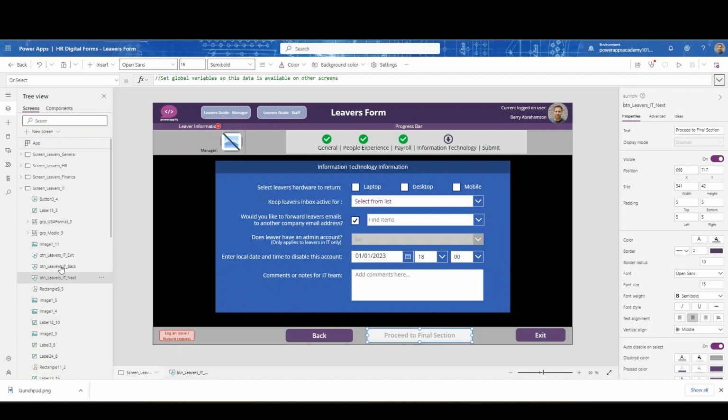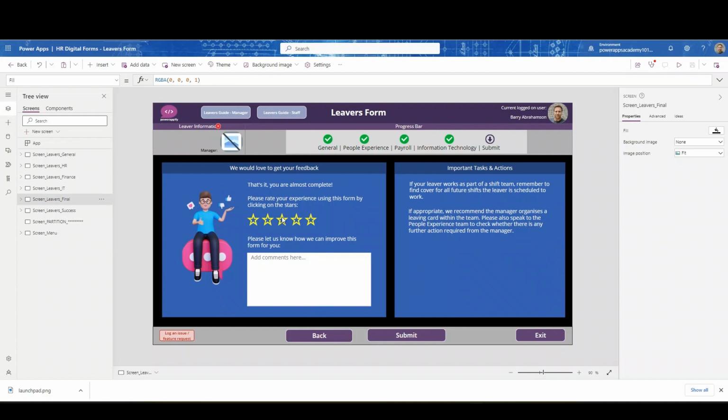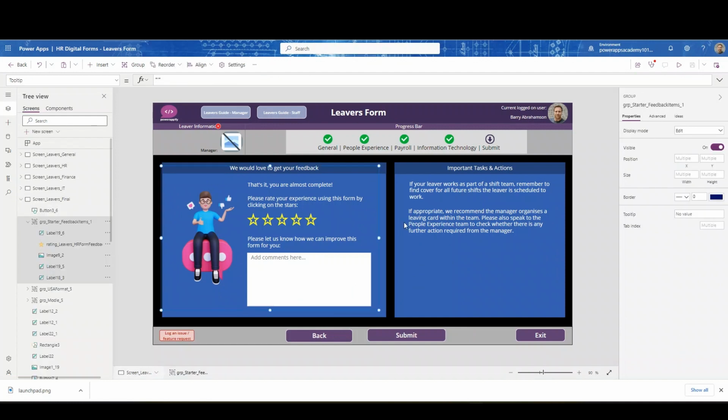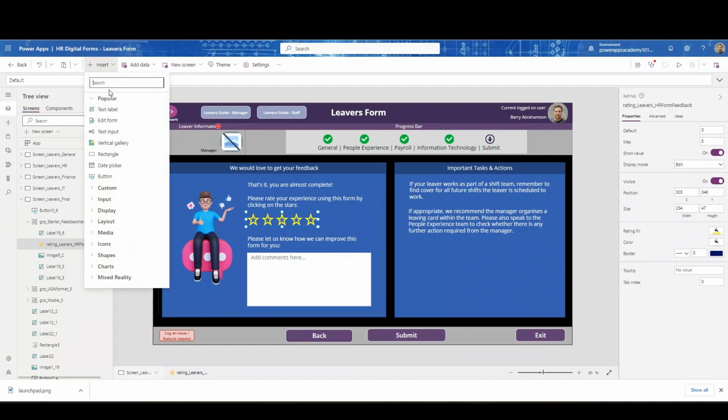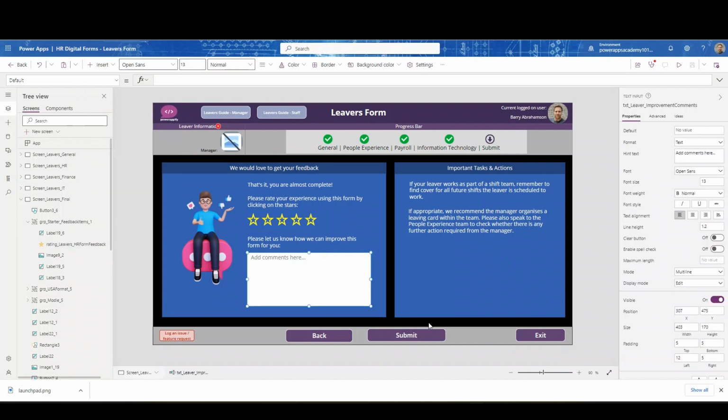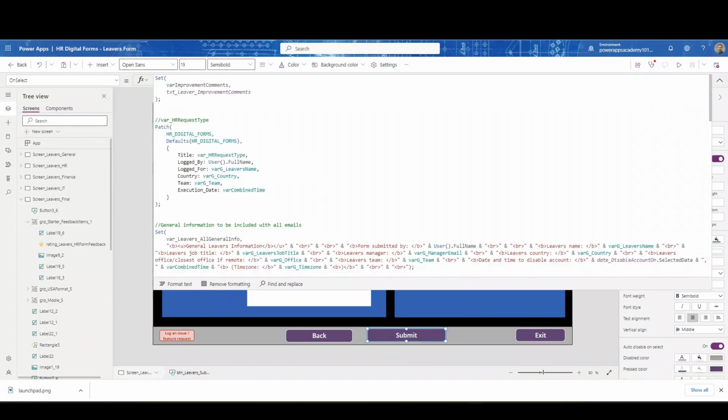And then that's it on that screen. Proceed to the final screen. Here we've got a rating, feedback basically, just added in this little rating thing here. So you can go insert, you just go star, there we go, 5 star is just one of those, and you can select the max there. I've got 5, and then it'll just capture it on the submit button, same as any comments. And then as per usual, add those as variables, and then we use the variables